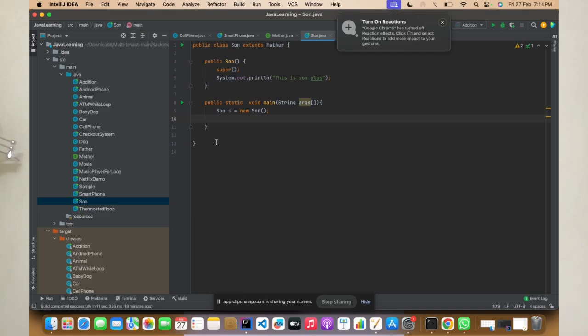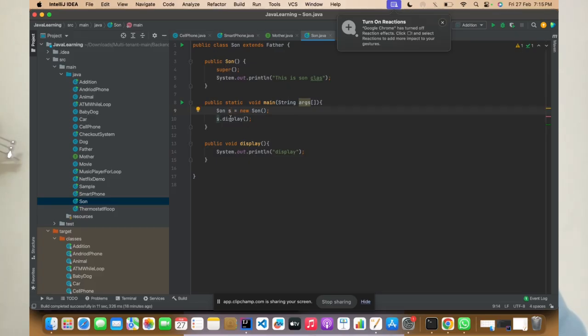Otherwise I'll have a default method here, public void display, and we'll print the display method. So if I say s.display, what happens is